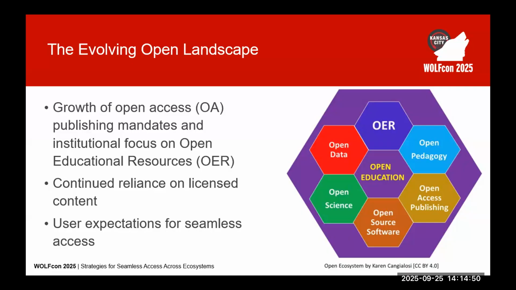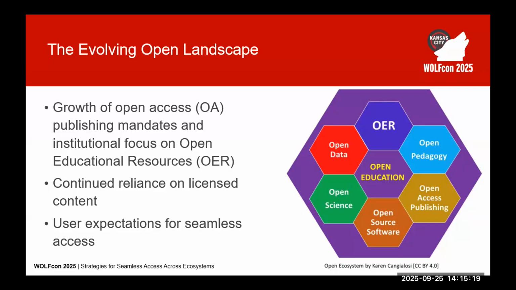We have all these different areas. There's open science, open data, open pedagogy, open access publishing. We're all here as part of an open source software conference. And all of those conceptual areas have led to a lot of work and effort in articulating values and standards associated with them. How do we define these concepts, and then how do we integrate them into what we've already been doing?